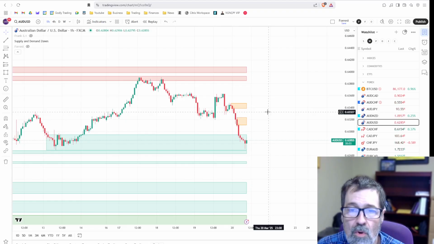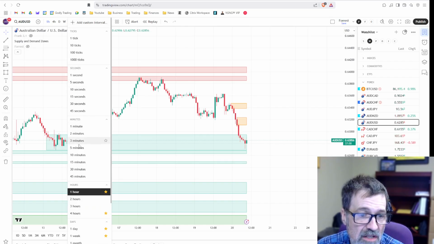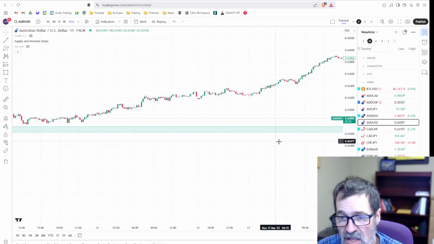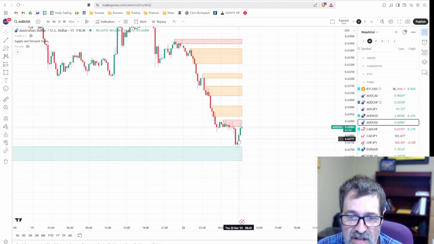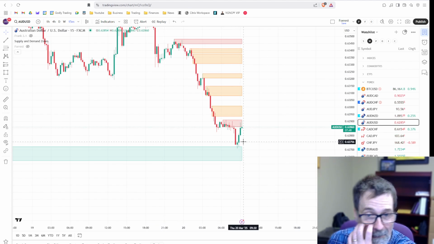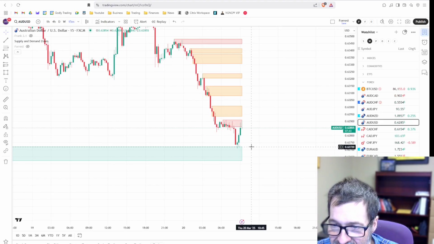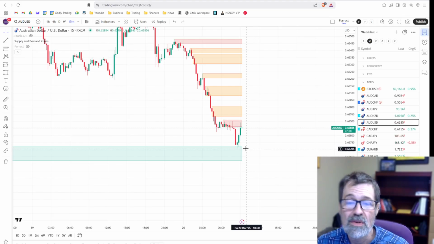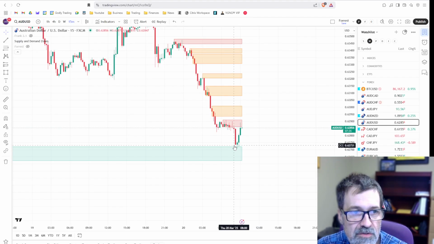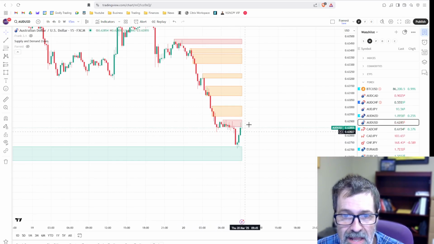So at this point, I'm waiting for a setup. I do not trade the 15-minute chart, but let's just take a look at the 15-minute chart to see what it would say. And as we scroll forward, look at this. We crashed down and boom, we bounced off. I mean, if you talk about the effectiveness of supply and demand trading, we bounced off of this thing. That is 62.72, and the low of this candle is 62.71. I mean, the supply and demand tool called the bounce point on this thing within 1 pip. That's just fantastic. But we're up here at this supply zone on the 15-minute chart.